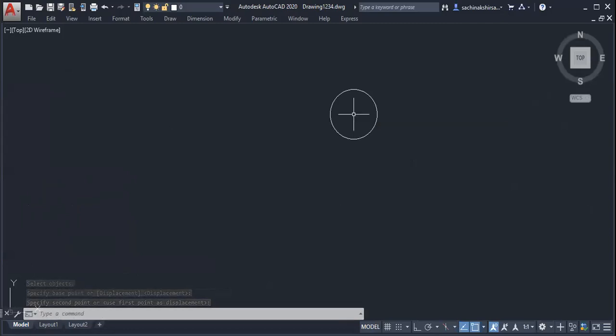So what is the difference between copy and move? Who will tell now? Both the commands I have illustrated to you. What will be the difference between copy and move according to you? What happened in the copy command and what is happening in the move command? Only attention is required. Don't draw, don't write. You can only write the list of commands, nothing else. First one is copy, second one is move. Who will tell the difference between the copy and move command?